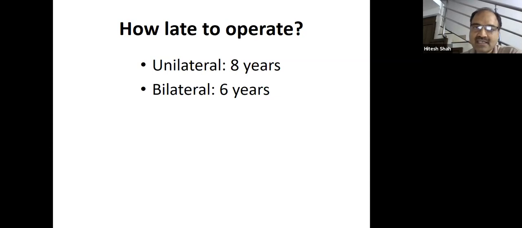The reason for not touching is that, as Dhiren Bhai said, the cartilage is not good, and acetabulum and femoral head both go for deformation, so they will not be matching. If both are not matching, the child will develop early osteoarthritis because of the non-congruency of the hip joint. And that is the reason we do not operate after a few years.